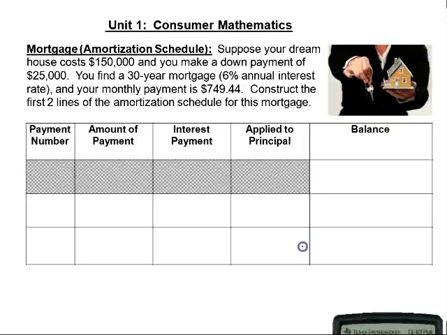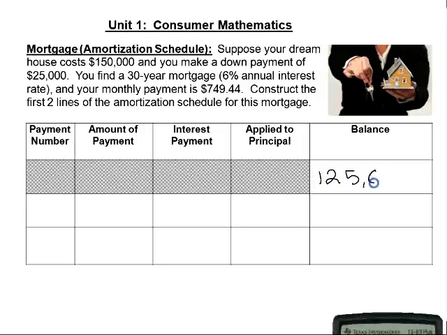Our dream house is $150,000 and we make a down payment of $25,000. We take out a 30-year mortgage, which is a 6% annual interest rate mortgage, and our monthly payments are $749.44. We're supposed to construct the first two lines of the amortization schedule for this mortgage, and then we'll be able to see how much of our payment is going toward interest and how much is going to pay down the principal. Well, the first thing we need to notice is this is a $150,000 house, but if we make a down payment of $25,000, the balance on our loan, the loan we're taking out, is